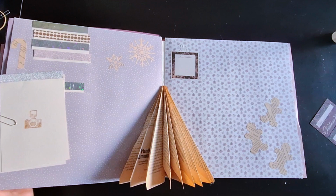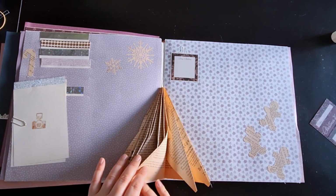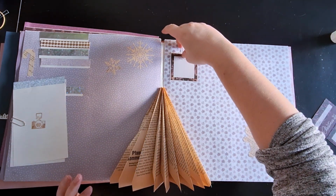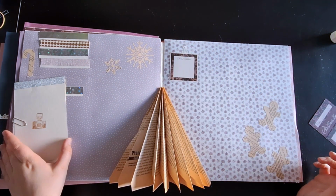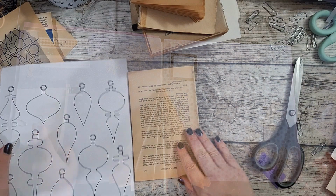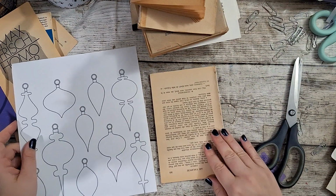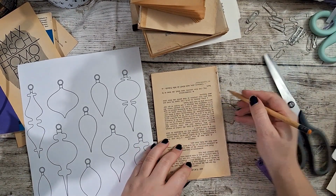And here is the finished Christmas tree. I did not like the flaps in the end, so I folded them back inside. And I also glued the folds to each other so that you couldn't see the trunk of the tree and it would look a lot fuller like this. So pretty. And now I'm gonna show you how to make a little ornament. So I'm gonna make it a bit bigger than this. How about something